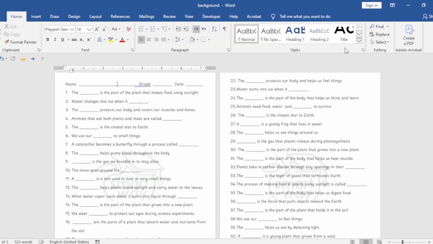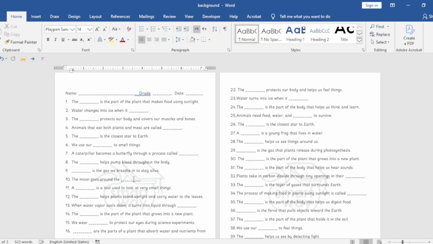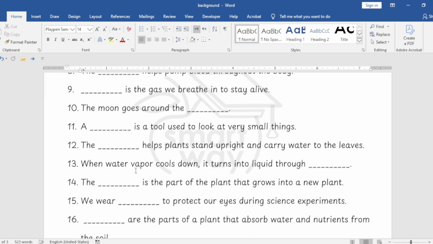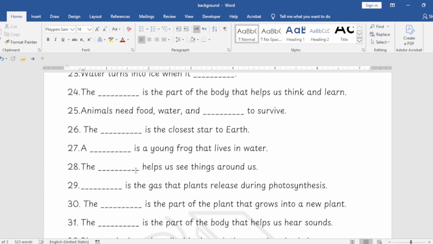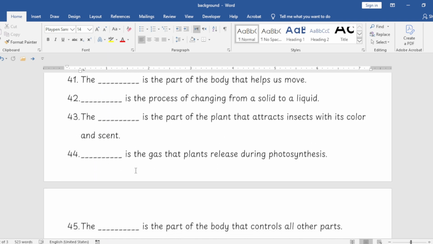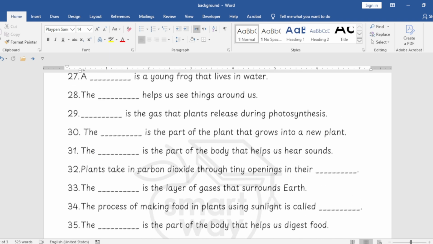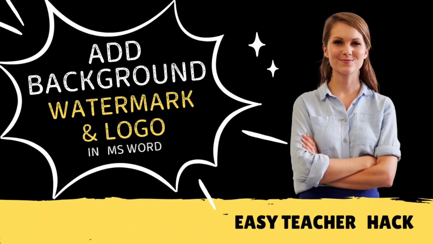Now click back on the Design Header and Footer tools and click Close to come back to your main document. Now you can see the image sitting quietly behind your content, giving your document a professional touch. And that's it. You have just learned how to add background text and images in Word, perfect for school documents,